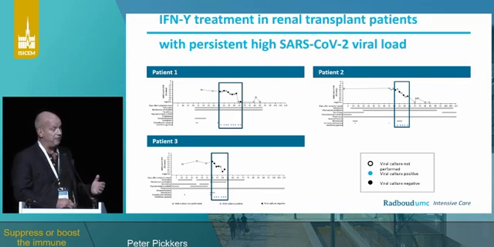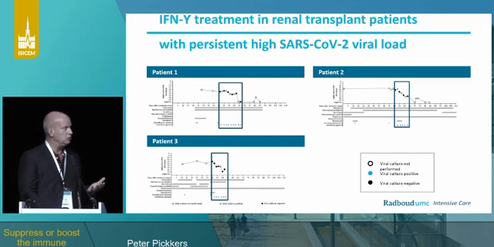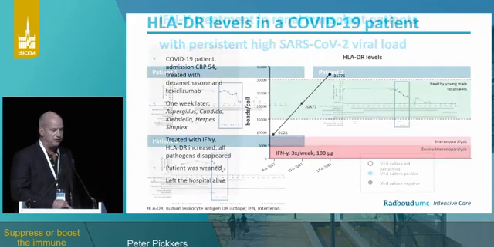And we did, and what we found indeed, as you can see in these boxes, is that during the treatment with interferon gamma to boost the immune system, the virus indeed became negative, the cultures became negative, so they were able to clear the virus, and at the same time we had no negative effects concerning, for example, their transplant kidney. So there can be a benefit maybe for these patients. I don't know if they lived a happier or longer life, but at least they got rid of the virus.